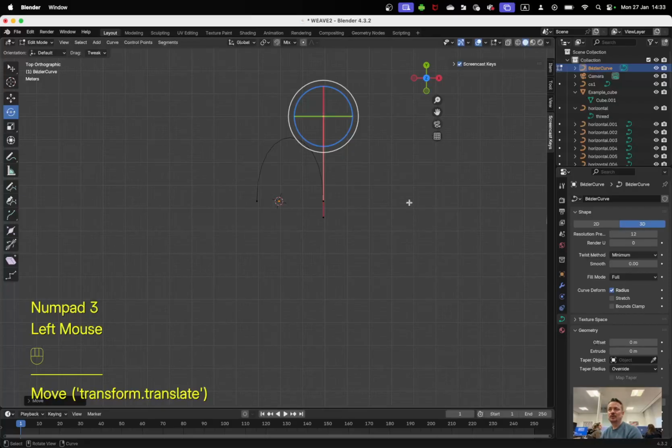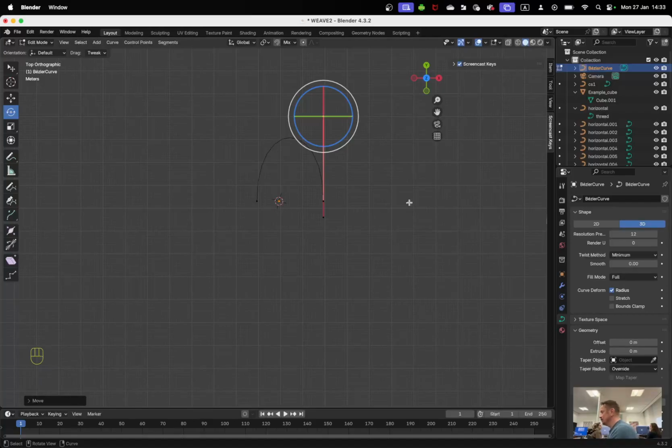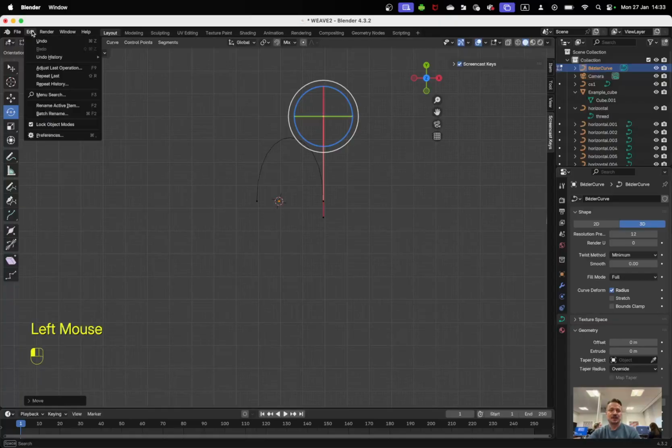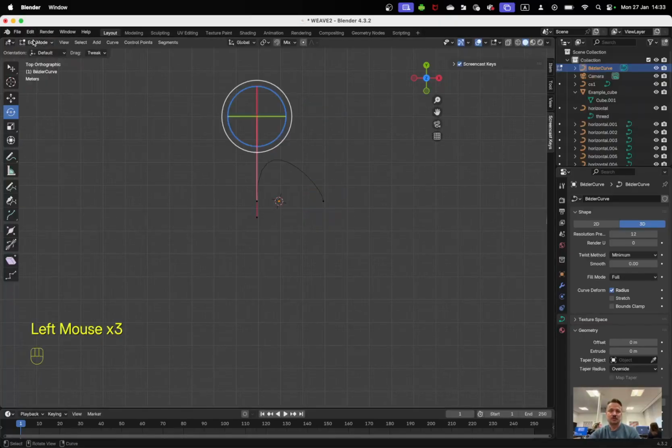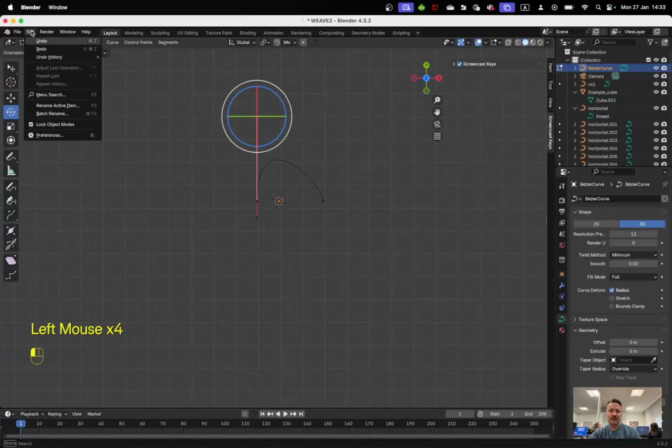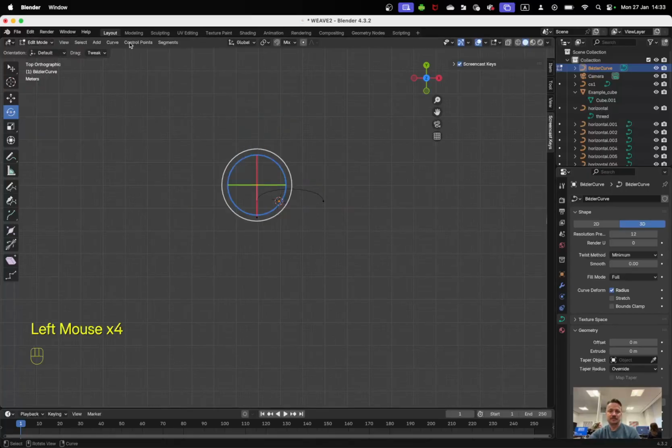So how do I go back? What's the universal language in computers for going back? Control Z or undo. Undo, undo, undo, undo. Control Z, or I go here, edit, undo, until I return where I need. Does escape